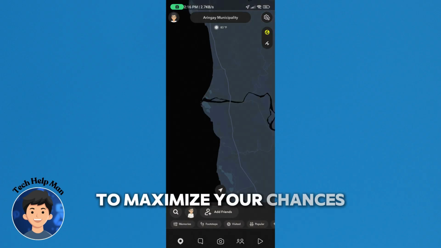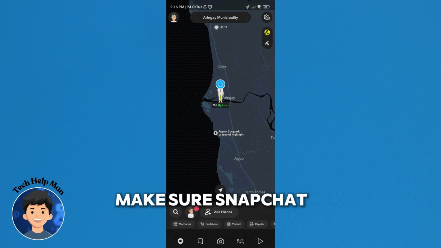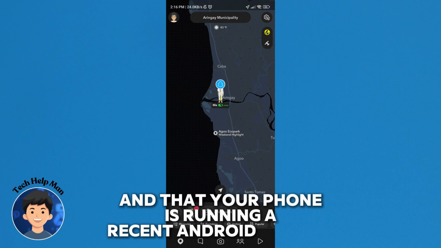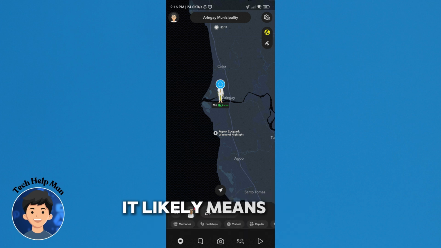To maximize your chances of accessing the 0.5 camera, make sure Snapchat is fully updated from the Play Store and that your phone is running a recent Android version. If the option still does not appear after updating it, it likely means your device does not currently support Snapchat's